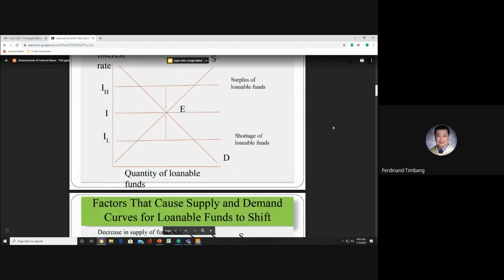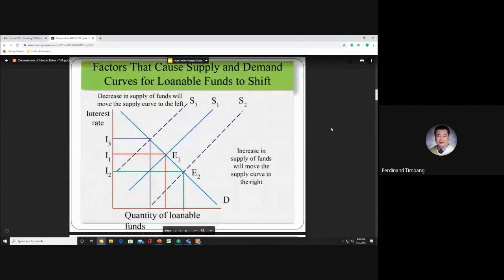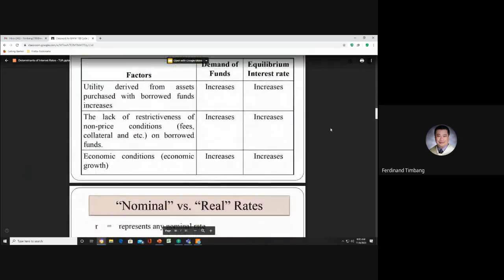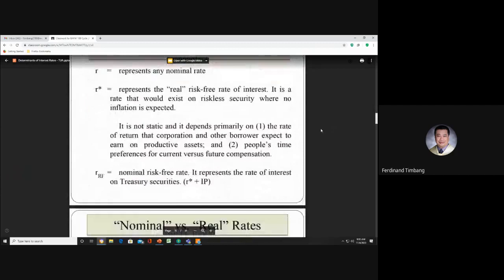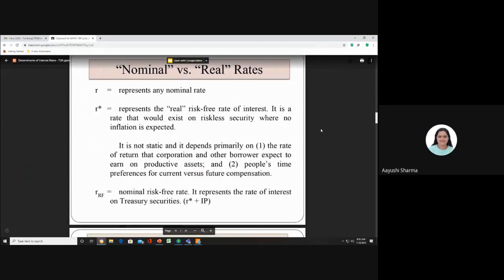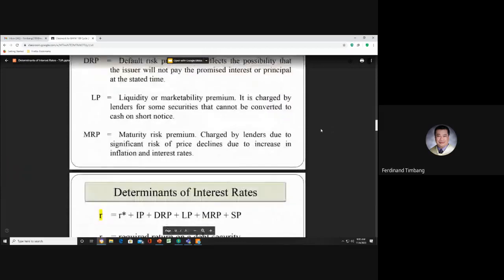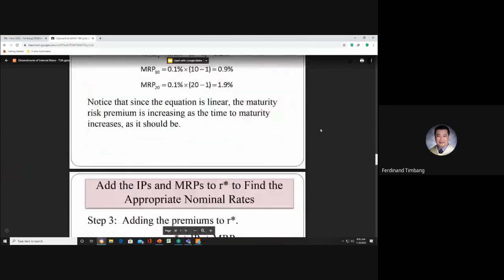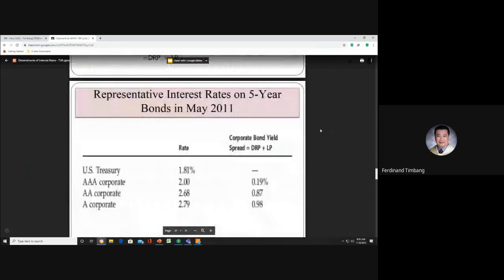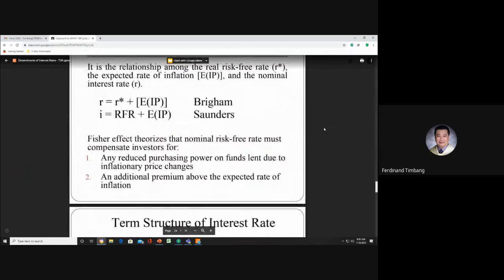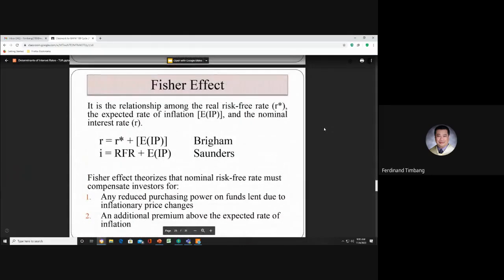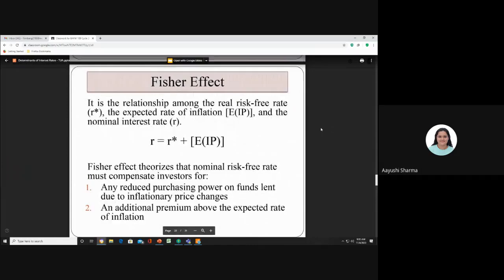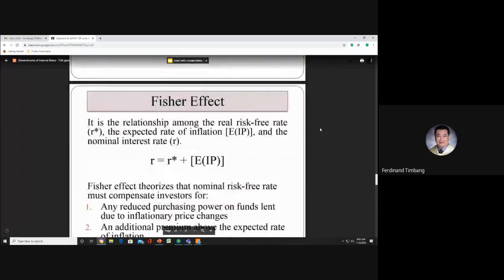Equilibrium among interest rates. Ito, nakuha nyo na rin? Yes, sir. O, sige. Di-review na lang natin. Diyos ko, ito. Yes, sir. Ano ba yan? Nahiya naman ako sa inyo. Sige, tignan natin ha. Meron ditong iba. Ito palagay ko, hindi nyo to alam, no? Kasi, Sir, wala po yata yan. Ito wala. Opo, wala po yan. Ito. Ito o ito?